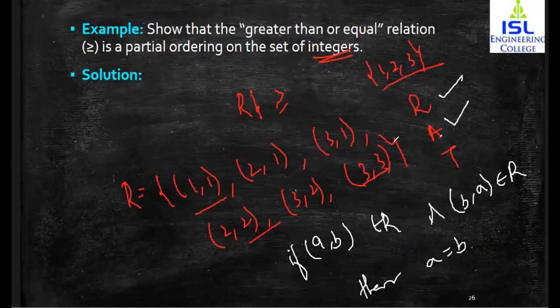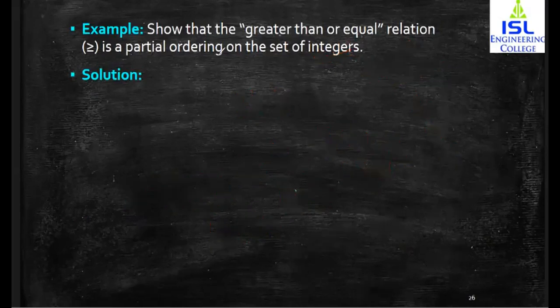What about transitive? How should we check for transitive? If we have (3,1) and then (1,1), then if this is your (A,B), (B,C), we are supposed to check for (A,C), which is again (3,1). Similarly, this will satisfy the transitivity property also. So this relation with only 3 integers and the condition greater than or equal is a transitive relation. Now let's see with respect to all the integers.